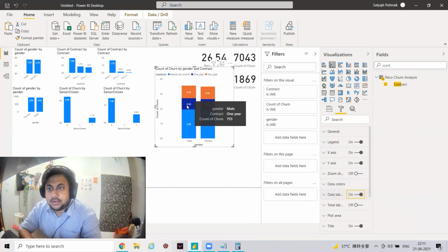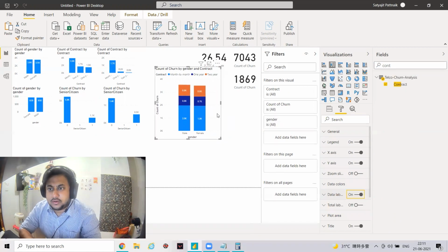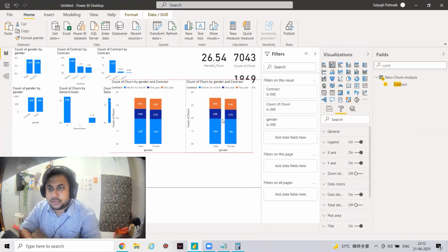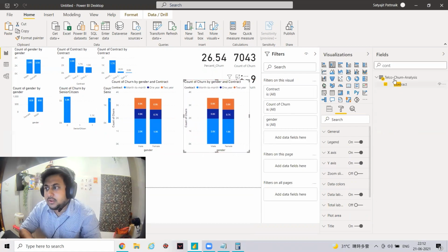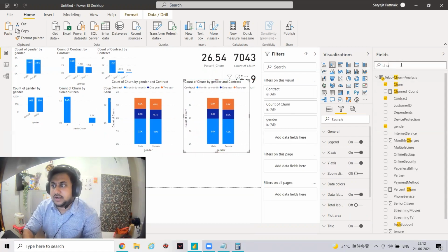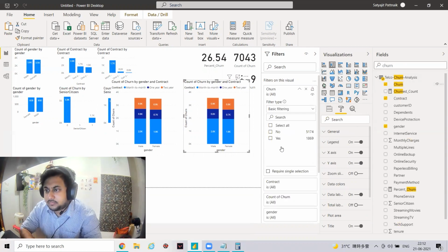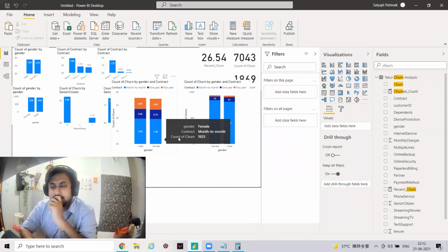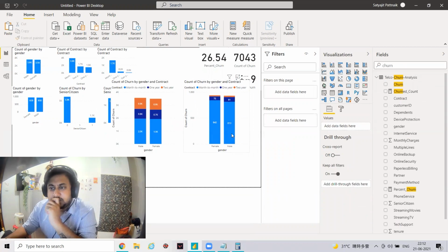Let me have two such figures. One will be for the original data and one will be for the churn data. So let's add the churn as a filter here. Yes. Now let's try to see gender male, gender female. Okay, this data.